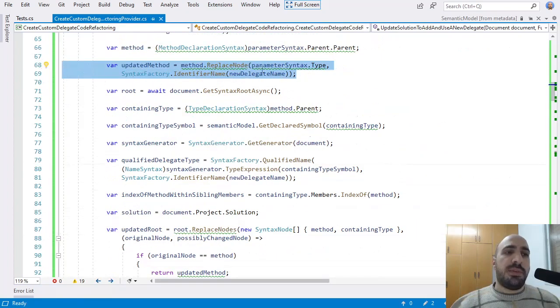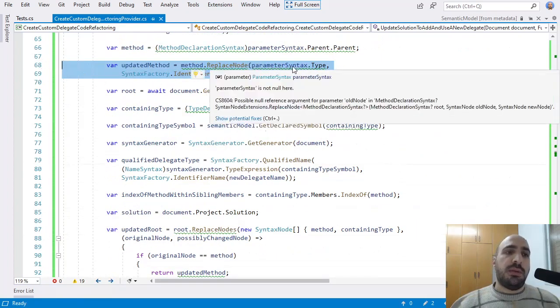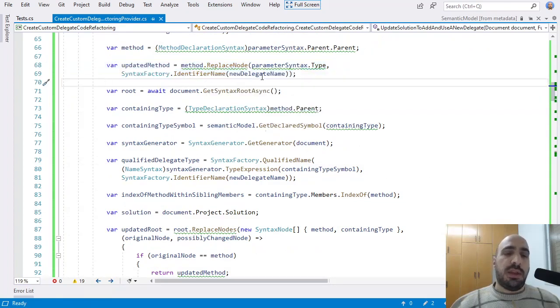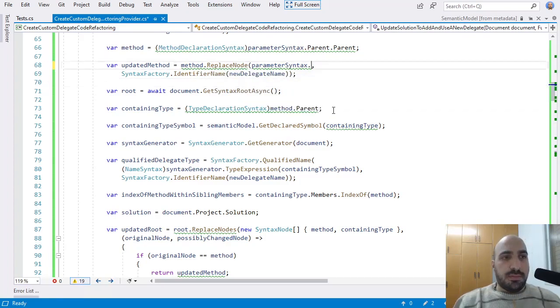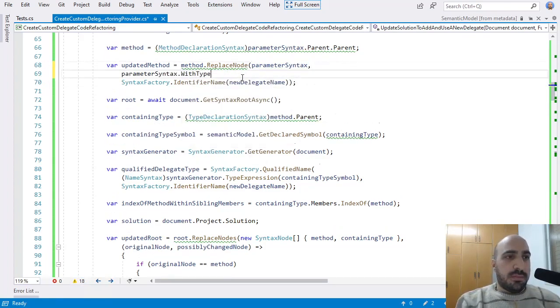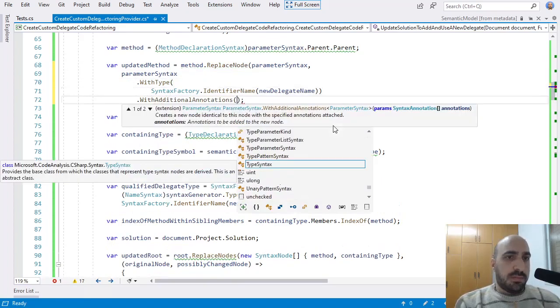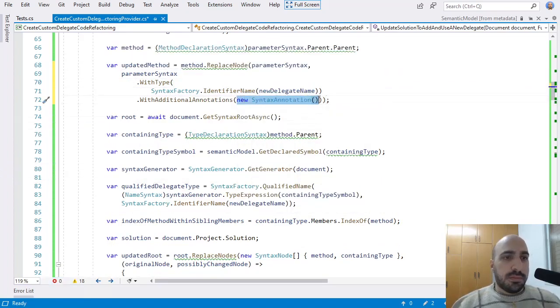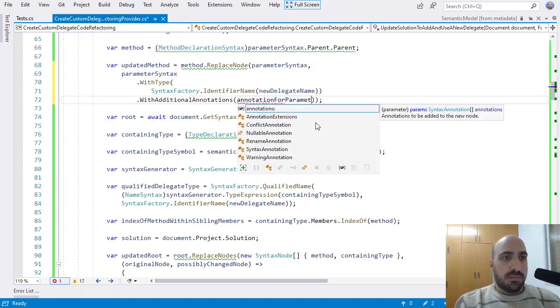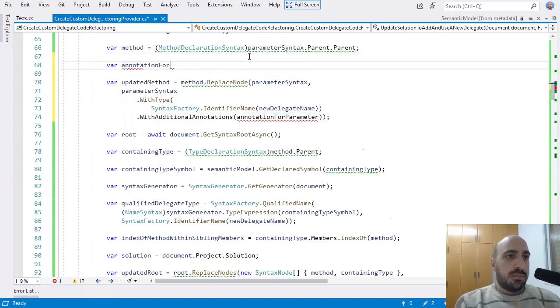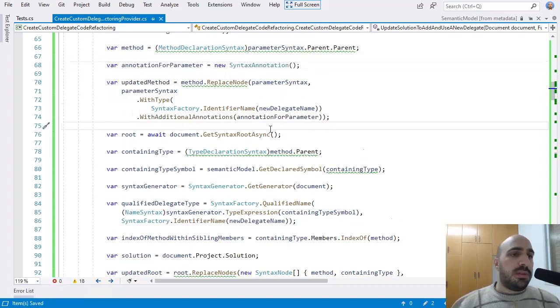So this is the code that updates the method to change the parameter type from Func or Action to the delegate type, right? So what I'm going to do, I'm going to annotate the parameter syntax node with a special annotation, and I will explain what that means. Okay.